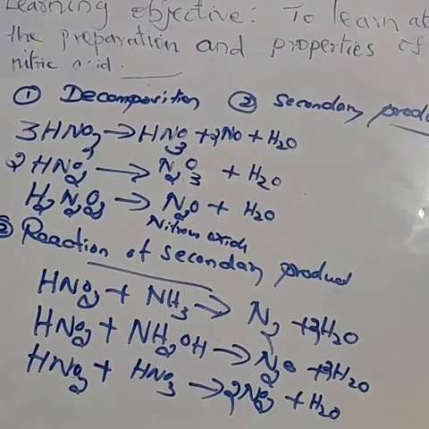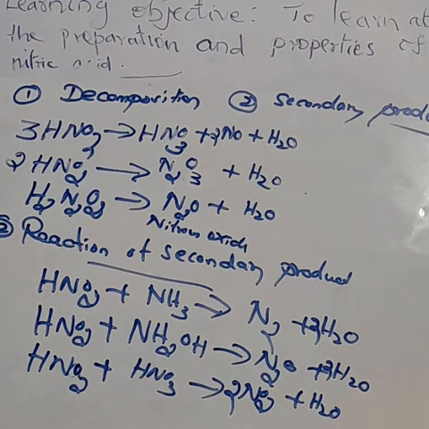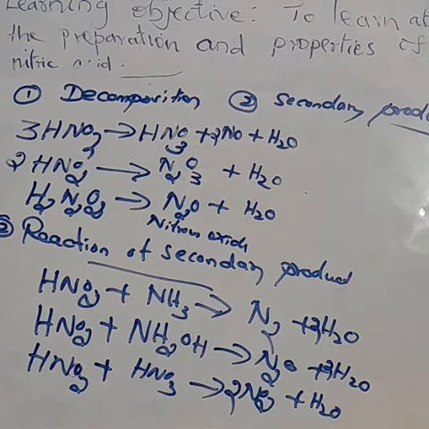Next, what are the uses of nitric acid? It is used as an oxidizing agent in the preparation of aqua regia. What is the usage of aqua regia? By the reaction with gold we are using aqua regia. That we can discuss later. Next, nitric acid is used in photography, and also in the preparation of NaNO2.